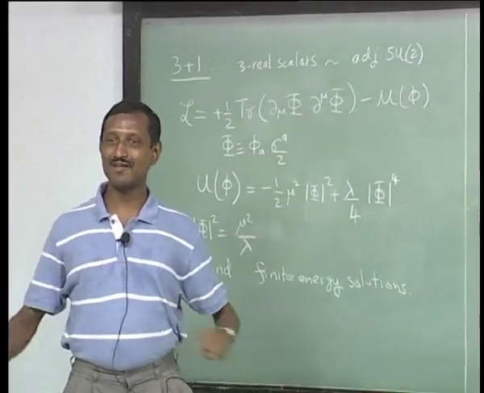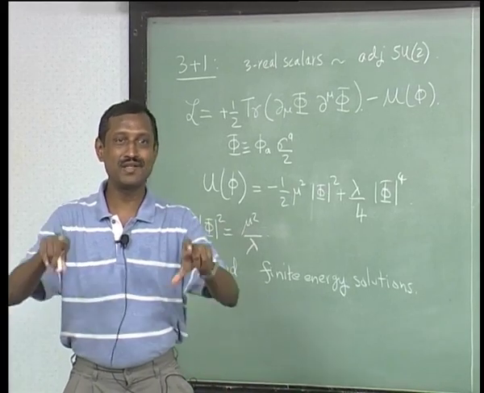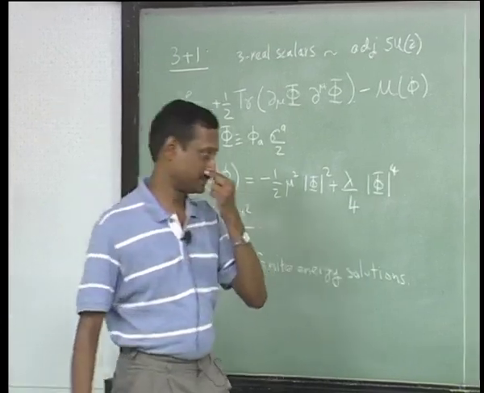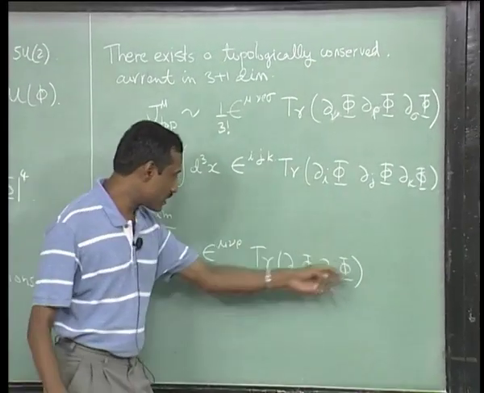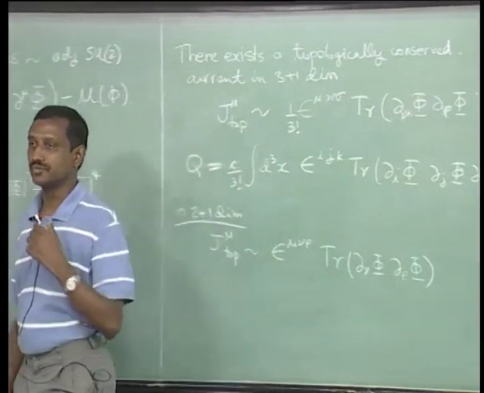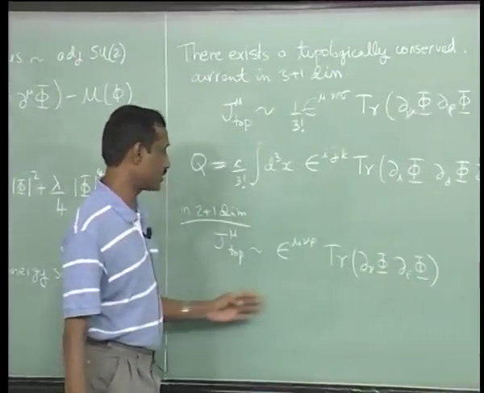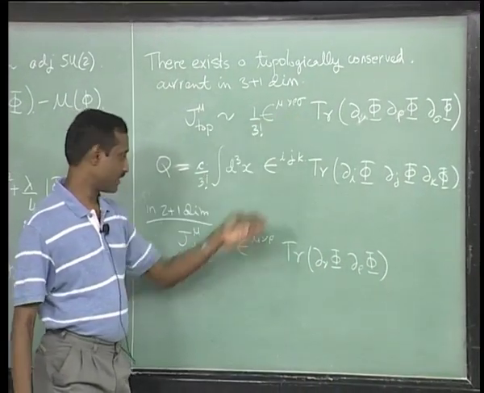If you write them as phi 1 phi 2, you will see that you can write something and antisymmetrize. If you antisymmetrize 2 identical objects, it is 0. There is not enough space. So you can see that even though I am writing a trace out here, with 3 I could have done it with only 2. Again, you can see that this is conserved for the same reason that this was conserved,